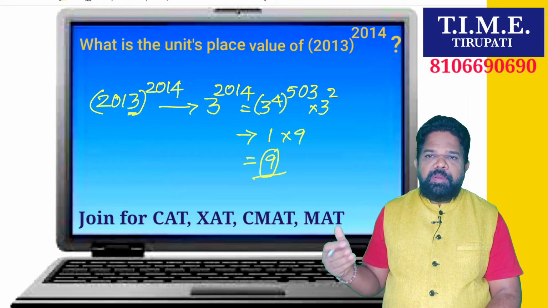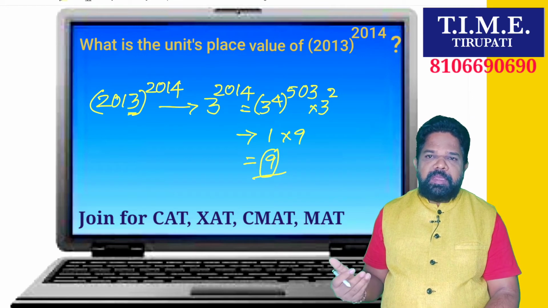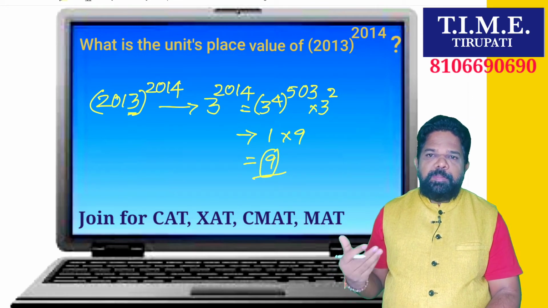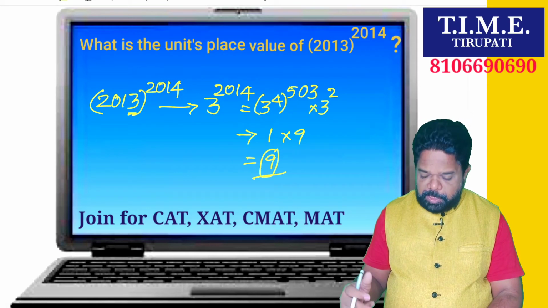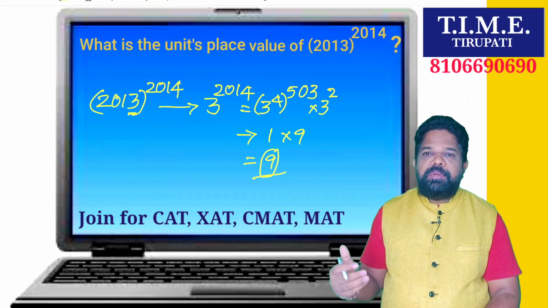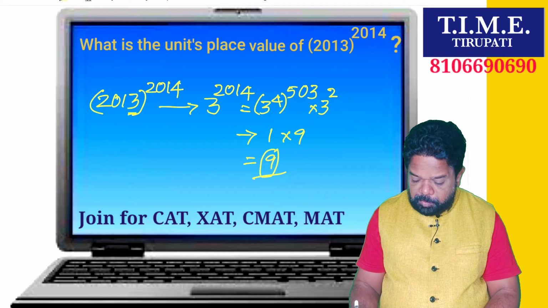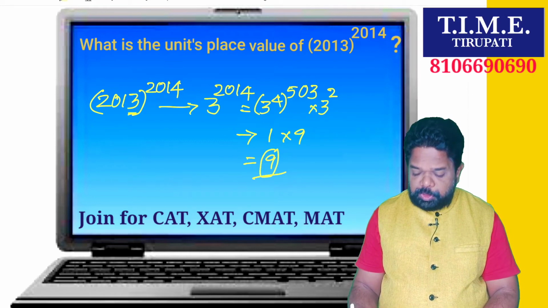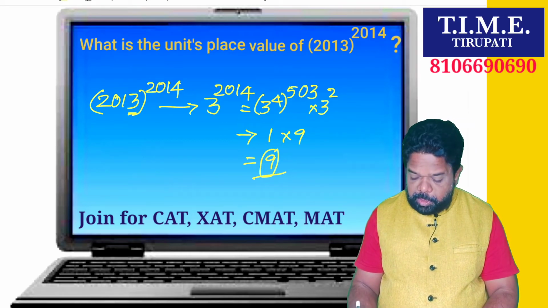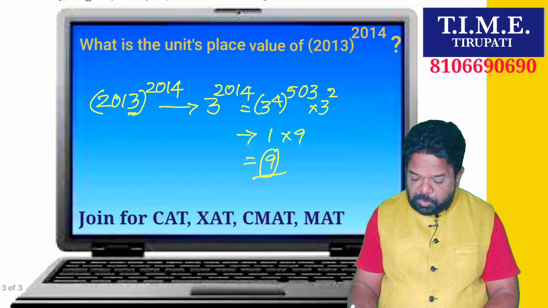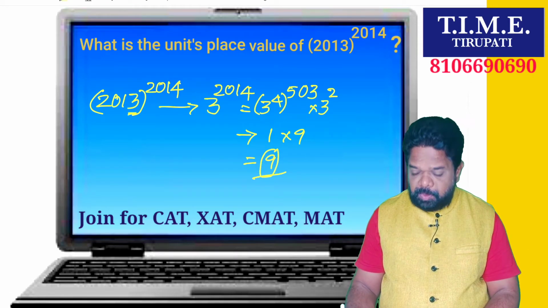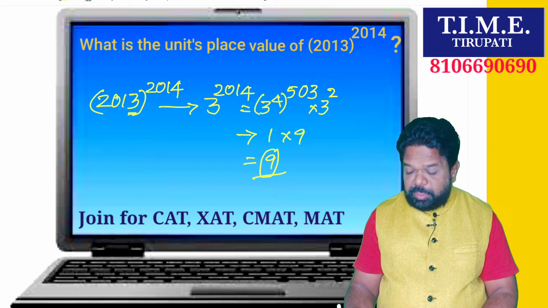So 81 into 81, if you multiply infinite number of times, you get the same digit as units place value. So 3 power 4 into 3 power 4 into 3 power 4, we get 1 as units place value. So 3 power 2014 can be written in terms of 3 power 4. (3 power 4) whole power, how much do you get? 2014 divided by 4. 4 5s are 20, 0, 4 3s are 12, again 2 is the remainder, which is taken separately as 3 square. So (3 power 4) whole power 503 into 3 square.